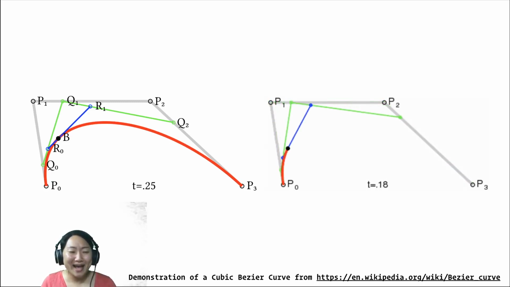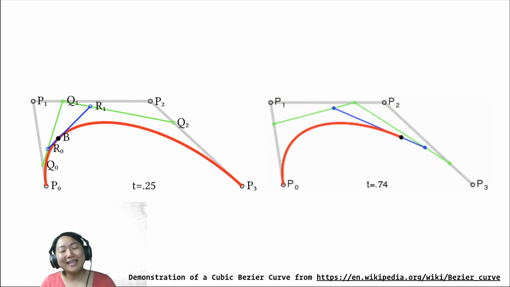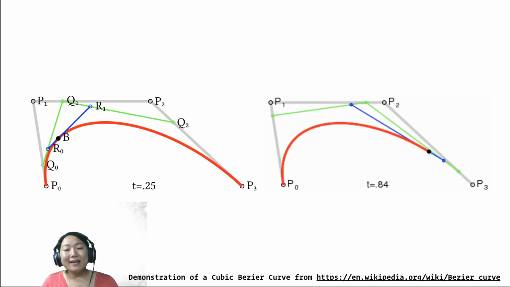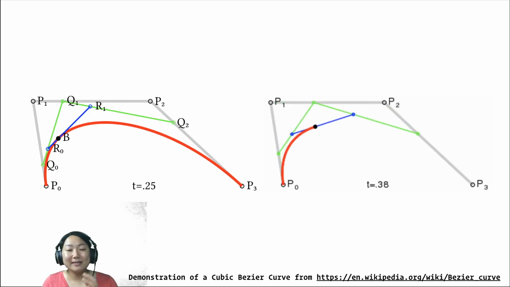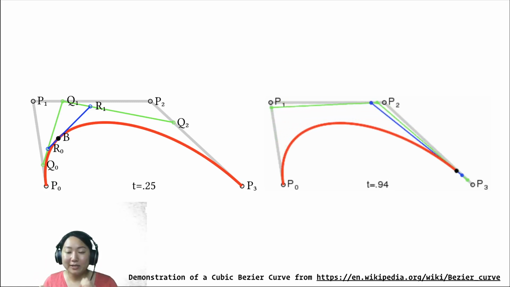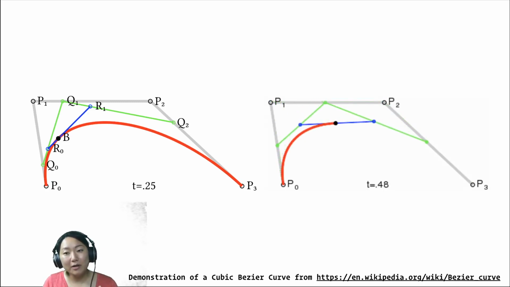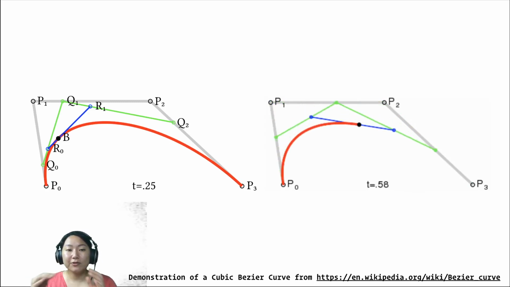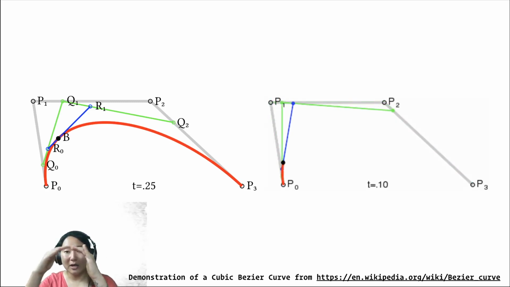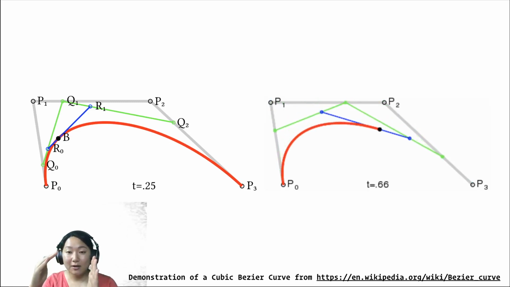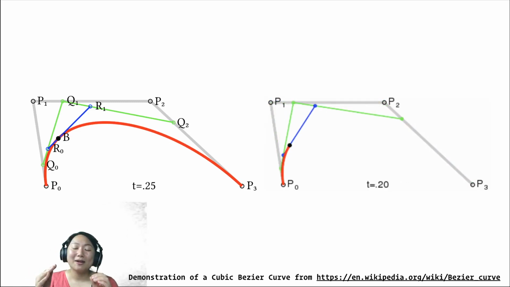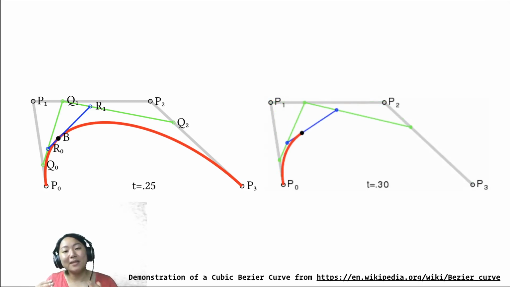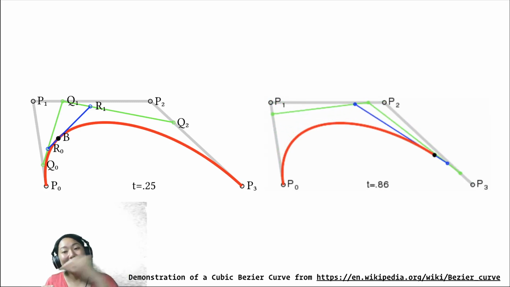too much into the math and weeds of it, you can see here in this animated GIF that there is a Bezier curve, the red line that's being drawn. And the way that it is drawn, that it is getting calculated from all these points, P0, P1, 2, and 3 that you see here. And you can see that those points create a three-sided shape. And then from there, the gray lines, there are these green lines that are getting drawn from them. And then from that green line, this blue line is also calculated.